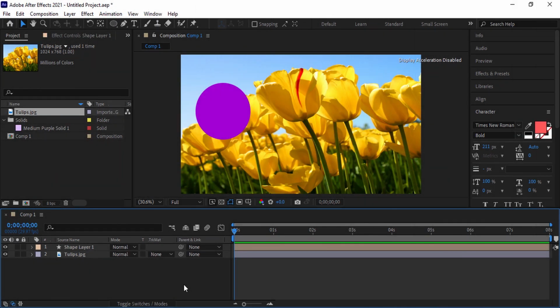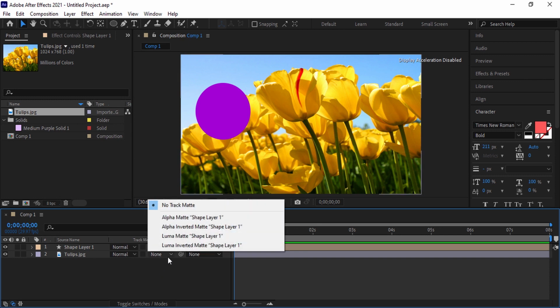For example, here we are going to apply the TrackMatte settings on the second layer compared to the first layer. So open the TrackMatte menu of the second layer. In the menu that opens, activating the first option prevents you from applying TrackMatte. However, the next four options in this section implement different types of TrackMatte on the image. In this case, as you can see in the image, next to all these options, the name of the top layer is displayed, which indicates that these options work relative to the top layer.